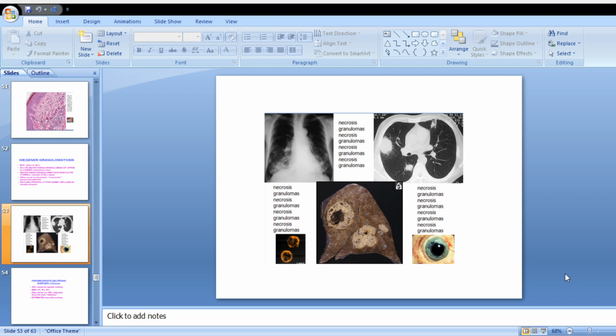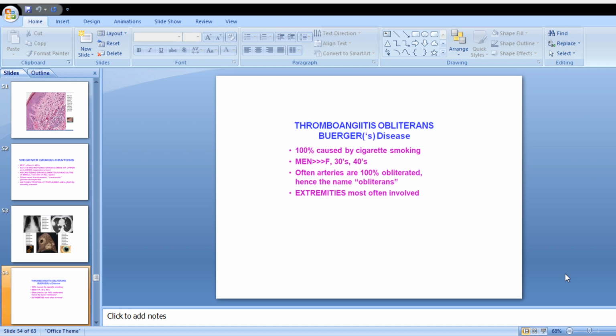Then thromboangiitis obliterans, which is also called Buerger's disease. It is 100% associated with smoking, more common in males, and the age group is about 30s and 40s. Often arteries are 100% obliterated, so the name is obliterans. Extremities are most often involved, and due to obliteration of arteries, the extremities